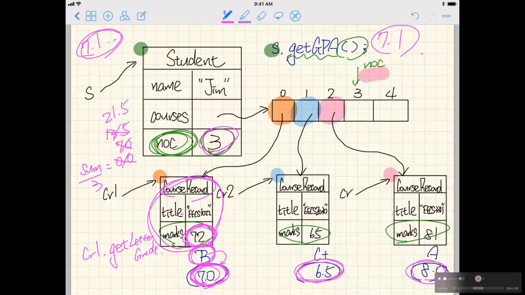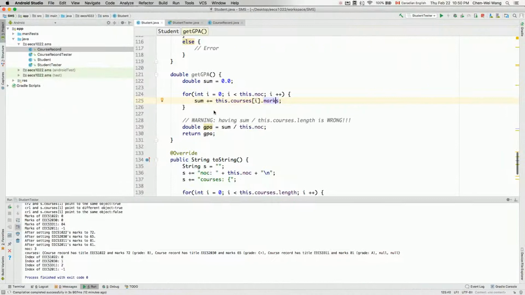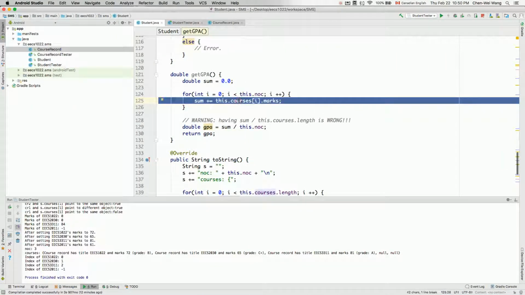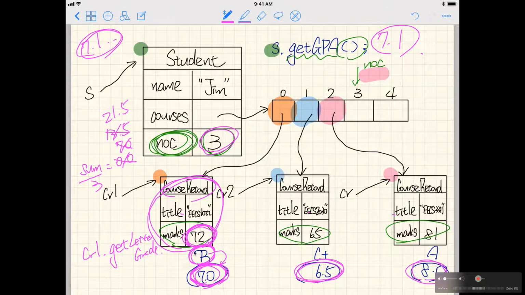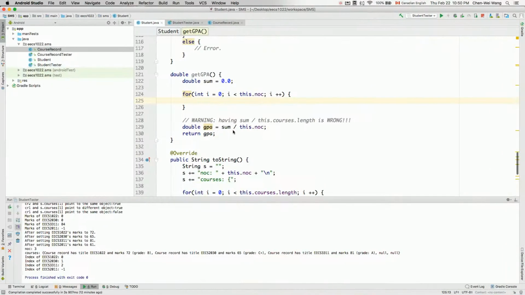We want to go from 72 to a letter grade and then to the grade point. Grade point and marks are different concepts here. So even though it looks very neat, it's absolutely wrong. Let's be careful here. Rather than using the marks, we want to first get a letter grade. So now we can say string LG, which is letter grade, is assigned to